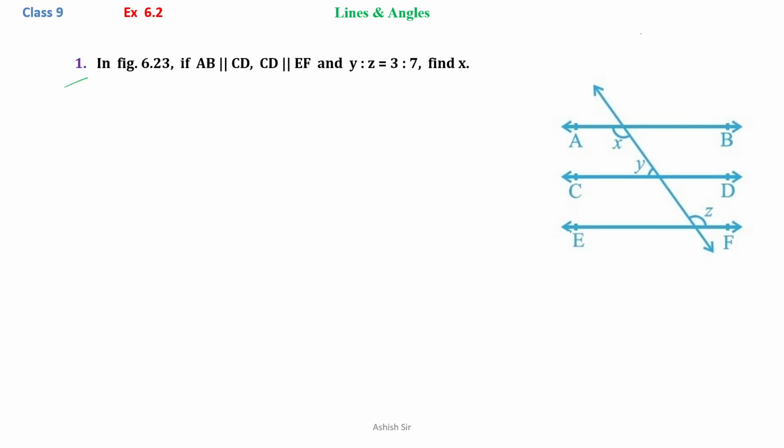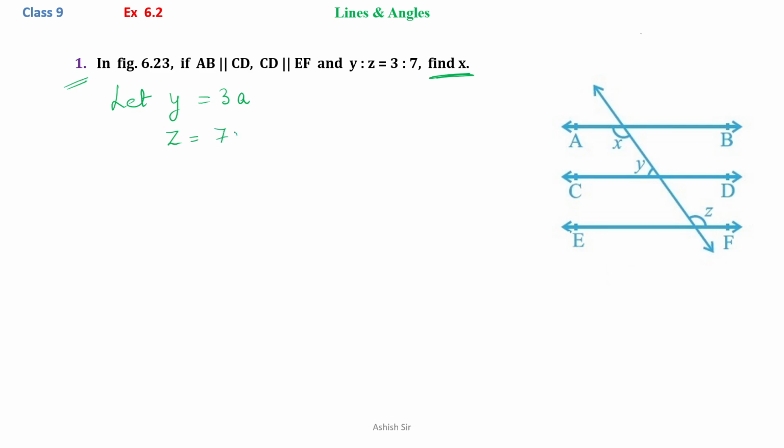Exercise 6.2, question number 1. In figure 6.23, if AB is parallel to CD, CD is parallel to EF, and Y ratio Z equals 3 ratio 7, find the value of angle X. So here, as the ratio is given, we can assume angle Y as 3A and angle